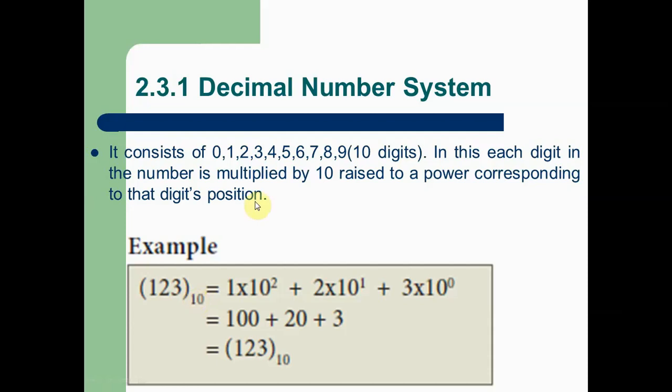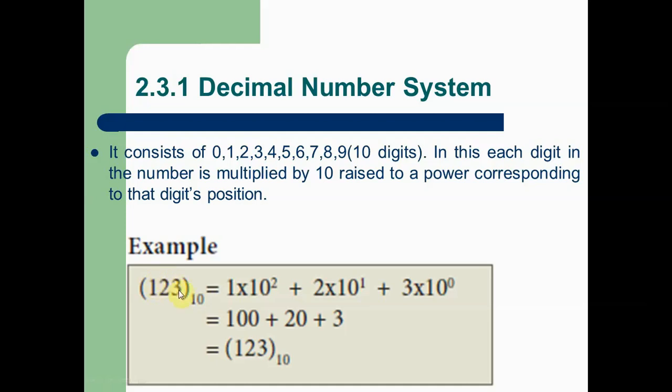So here we are talking about the decimal number system, which we use regularly in our daily life as well as in mathematics. We already studied in our lower classes that each and every digit has its own positional value. Based upon that, the digits get their value. For example, here you can see 123. When you spell this number in the decimal format, we say one hundred twenty-three, because each and every digit has its value.